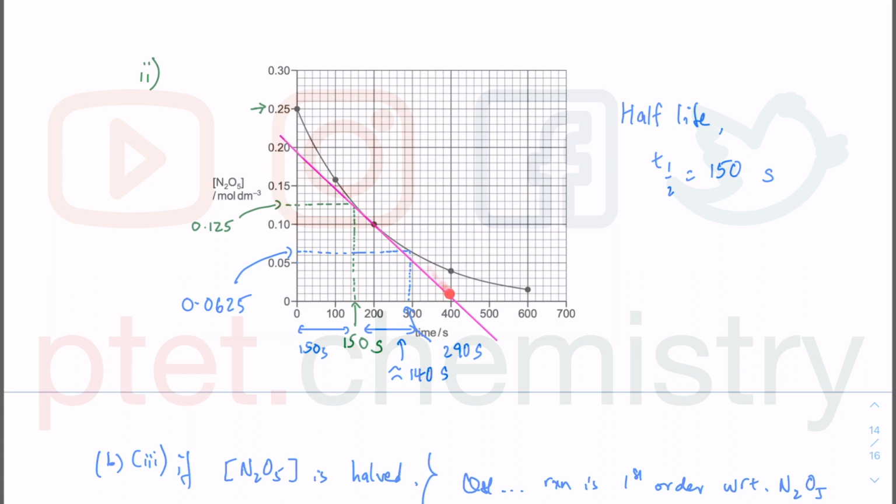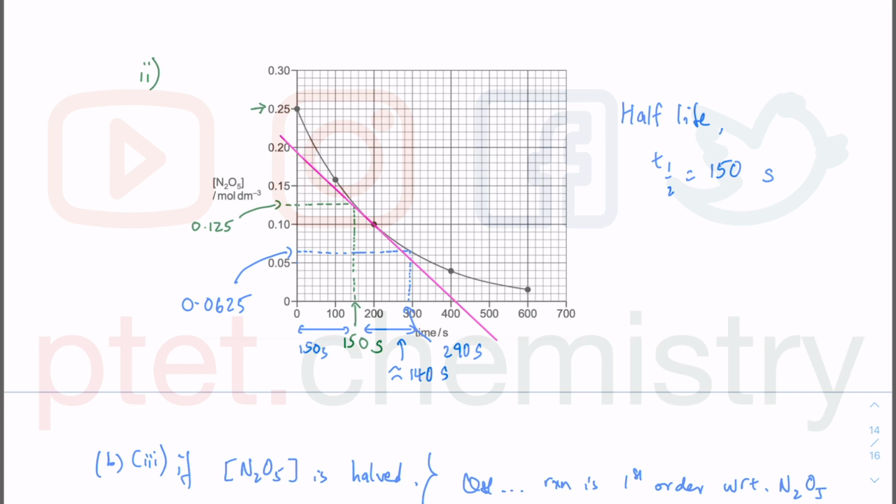I can do it very easily on my screen, but it's probably a lot easier on your paper as well. But you move around until you have a tangent at t equal to 200 seconds based on the question. If I were you, I wouldn't be focused on reading other coordinates. This is 0, 0. This is a perfect triangle, so I might as well just read the y-axis and the x-axis. The y-axis there, it cut at